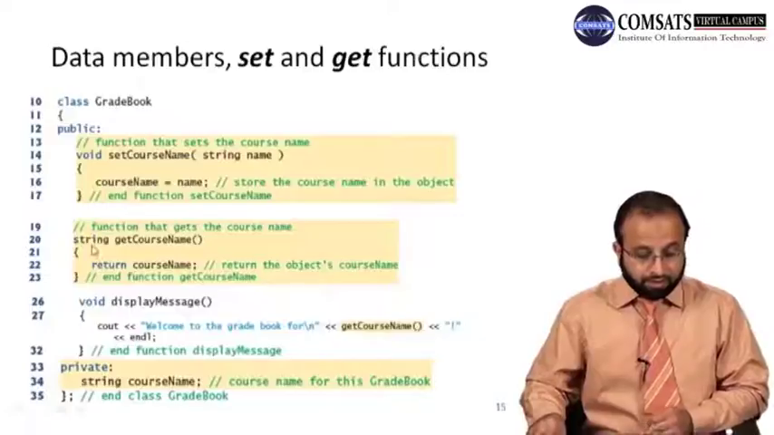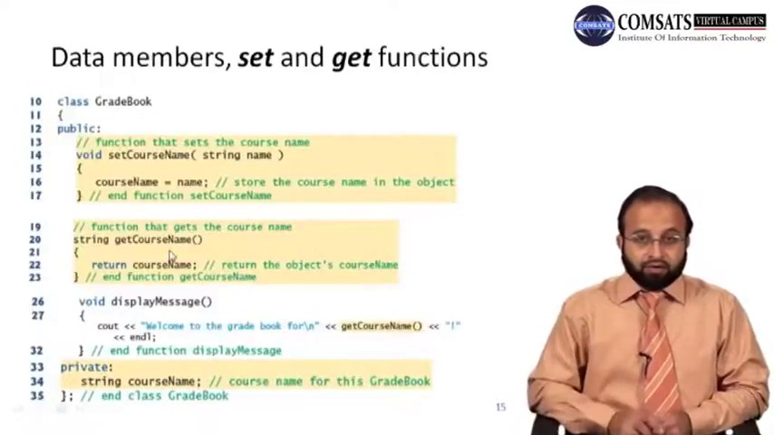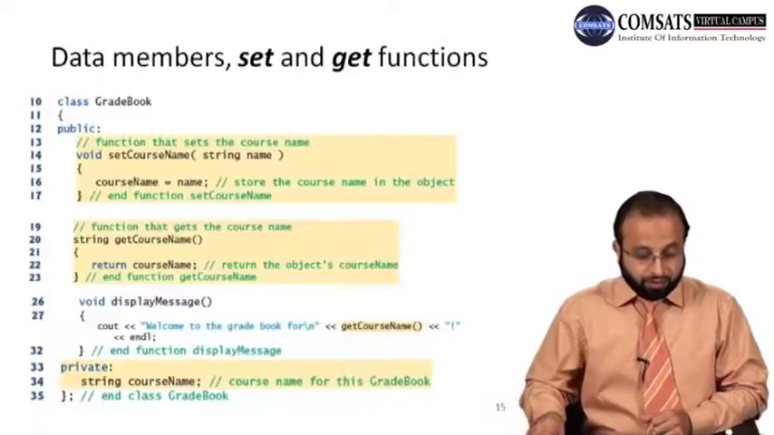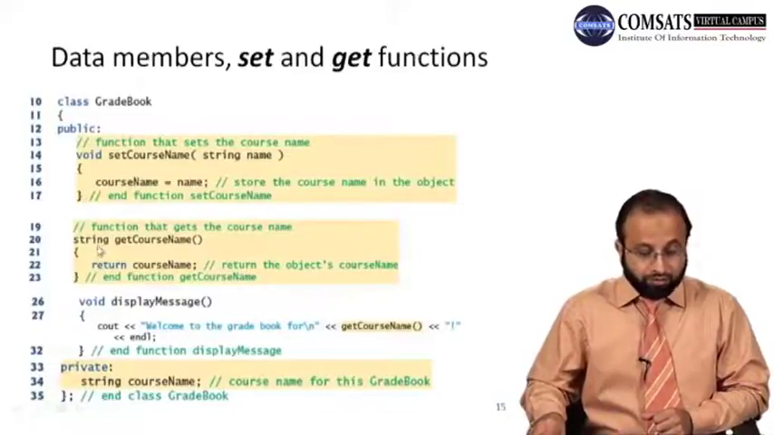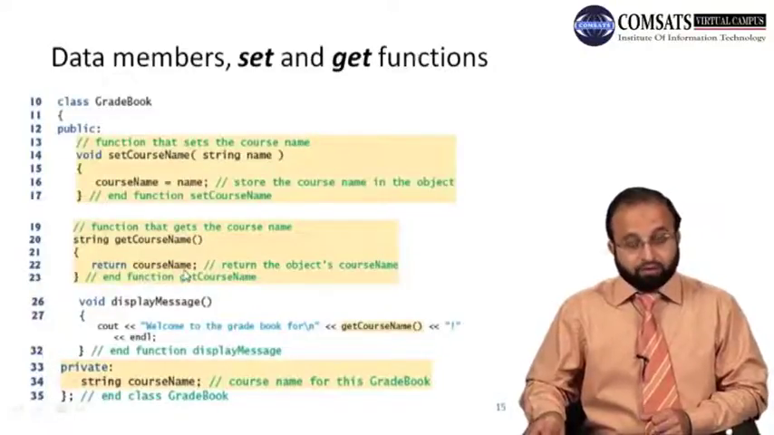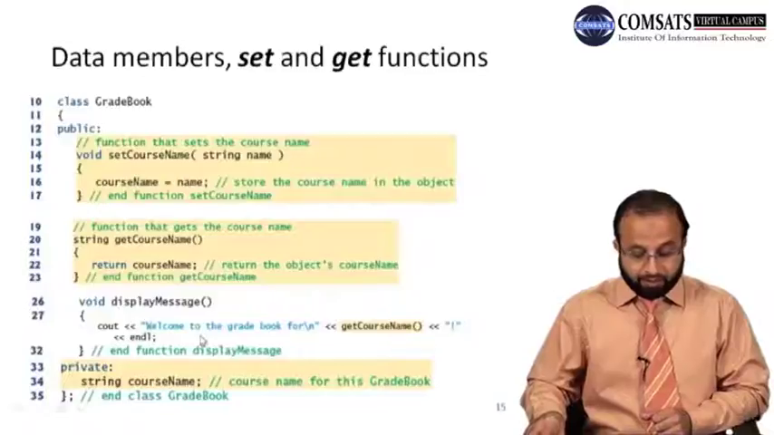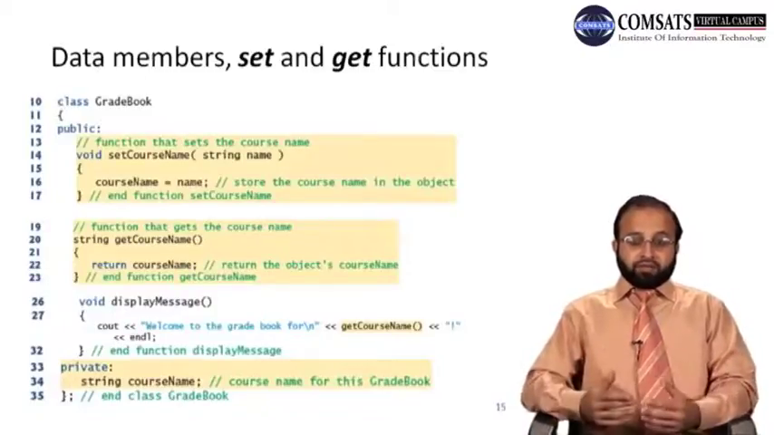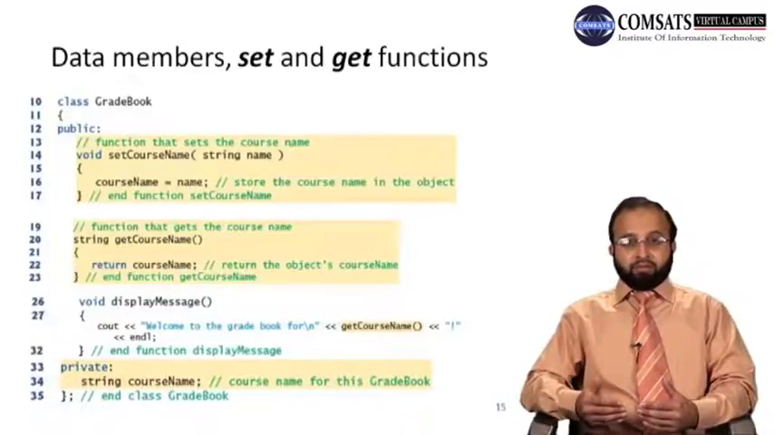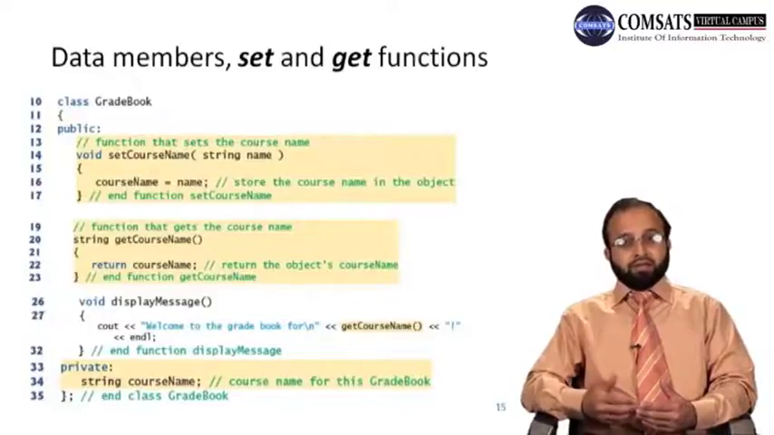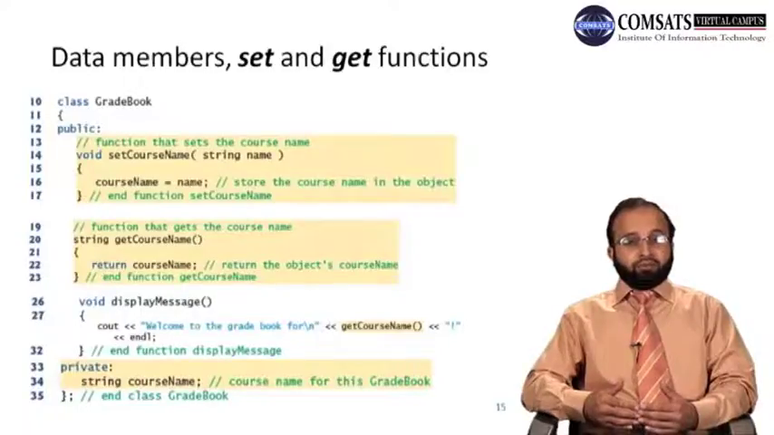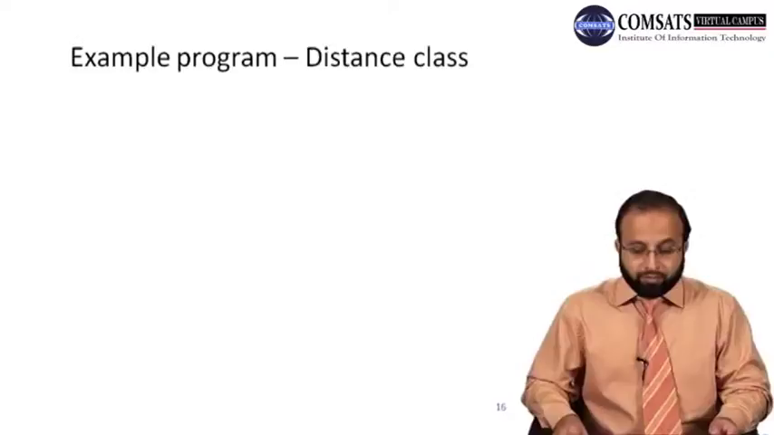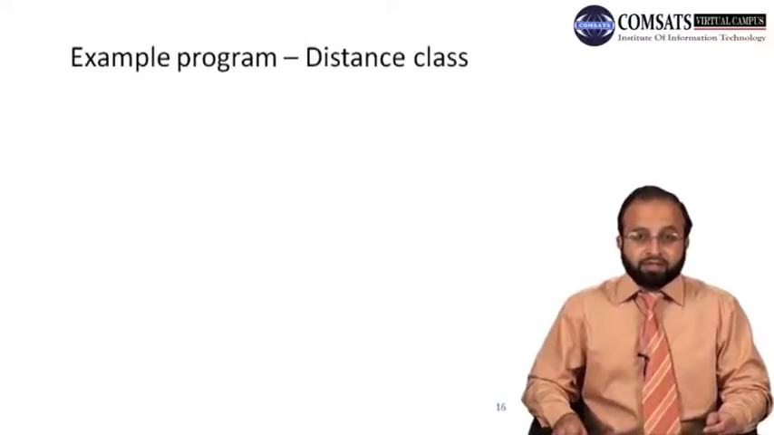And there is another function, get course name. Get course name will return the course name. So this function returns the object of string type, and it returns actually the value of course name object. Display function will display it on the screen, right? So getter and setter functions are basically, setter functions are used to set the value of the private data member of the object of that class, and getter functions are the functions that return the value of the private data member of the object of the class. Let's see the example program. Another example program, the distance class,